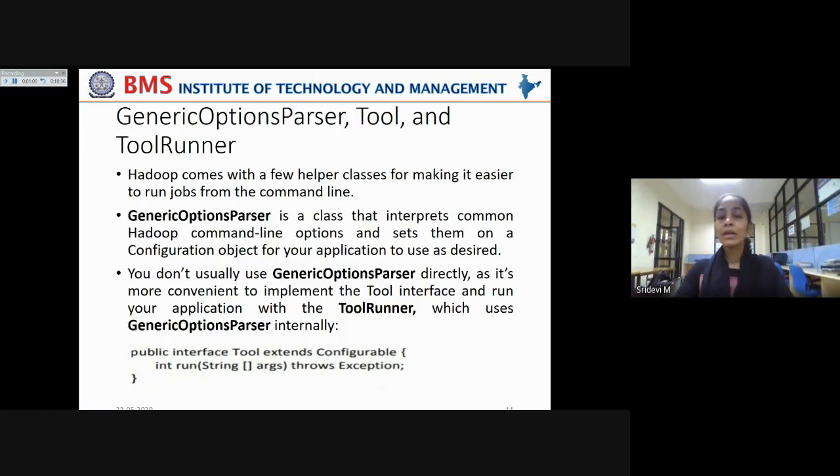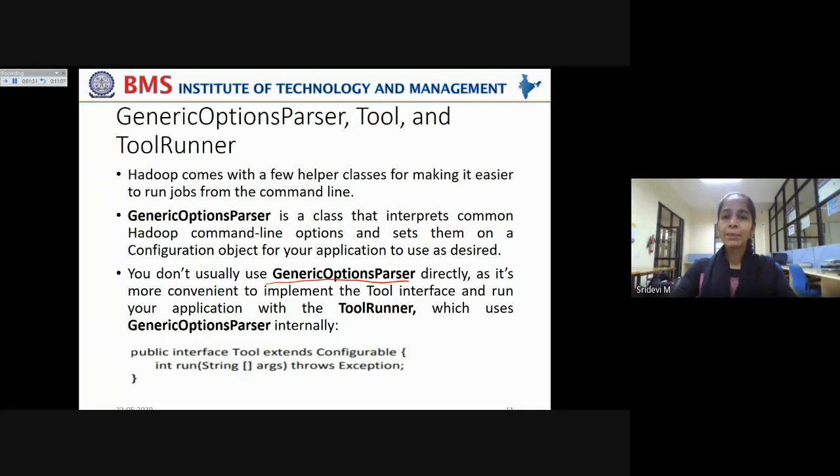Now you don't usually use this generic options parser directly, as it is more convenient to use it in a different way, by implementing the Tool interface and running your application with the ToolRunner, which uses generic options parser internally. So this generic options parser class, which interprets the common Hadoop command line options, is not used directly.